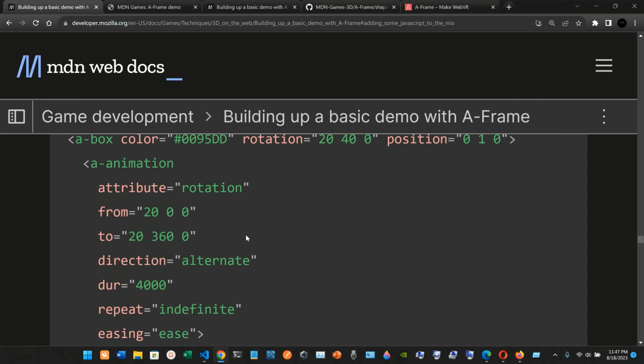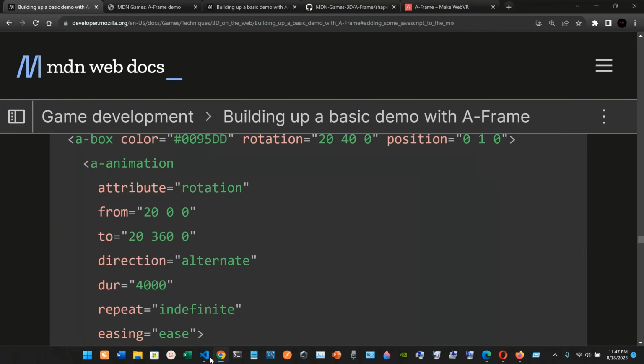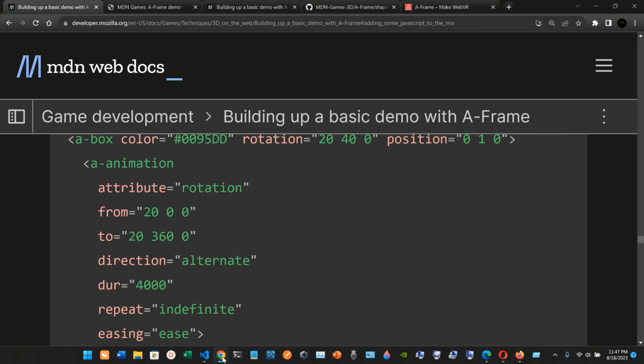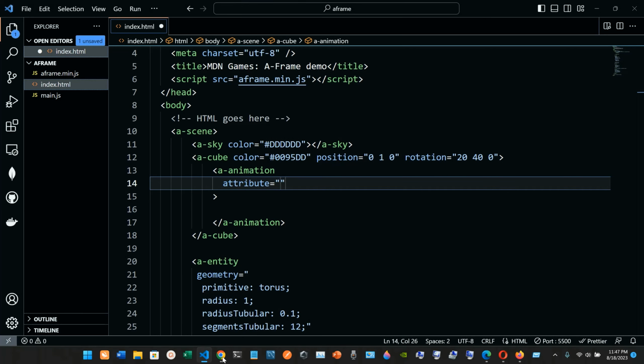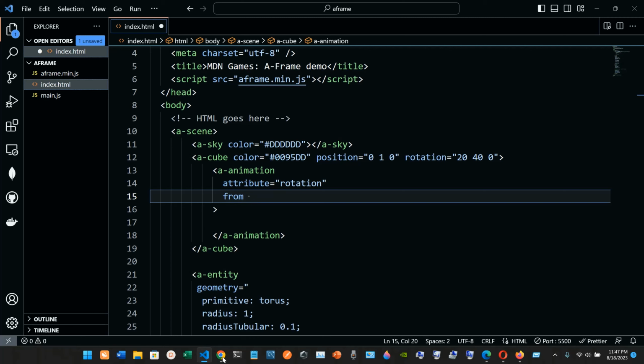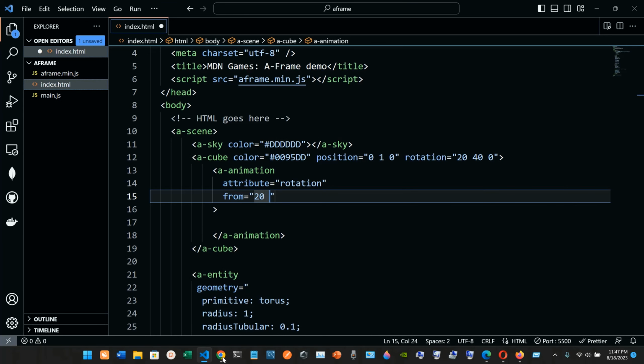We're gonna have an attribute first, and we're gonna set it to something. Then we're gonna separate them. We don't separate them with commas or semicolons. So the attribute is gonna be set to rotation inside double quotes. Then we're gonna have the from, and it's gonna be from 20 space 0